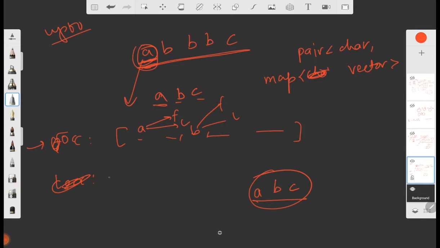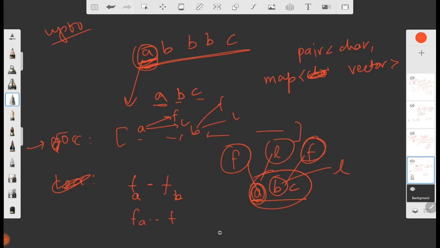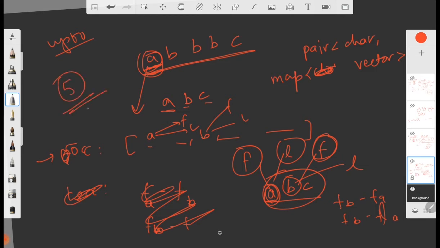We have four choices: the first occurrence of this character minus the first occurrence of that character, let's call them fa and fb, and the combinations of first and last: fb minus fa, fb minus la, and so on. These are the four cases, but it will be wrong after five test cases, because there can be a chance that the same first occurrence comes in and we use it, like in a b b b c, and that will make the answer wrong, as I have seen when solving.